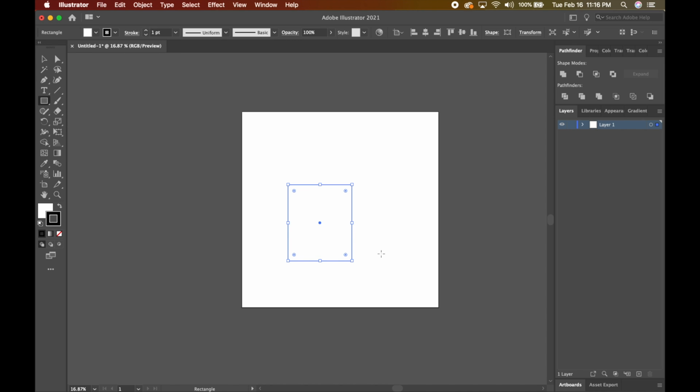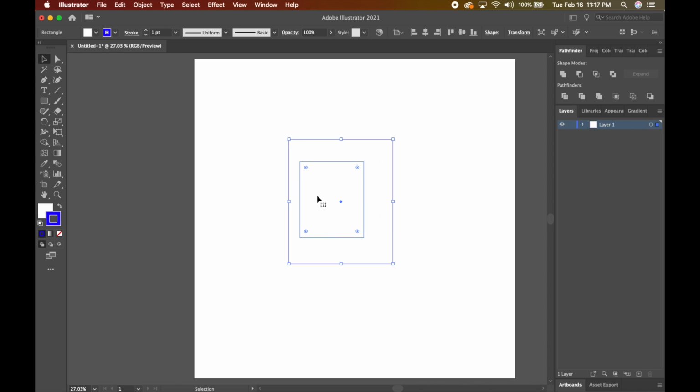You'll notice that it's white and it has a black border or stroke. That is defaulted for any new project that you start. All of your shapes and drawings, objects, will have a white fill with a black stroke. You can change that by coming up to the top menu here or over to the left hand side. And so let's say if I wanted to have a blue stroke on this particular object, you can't really see